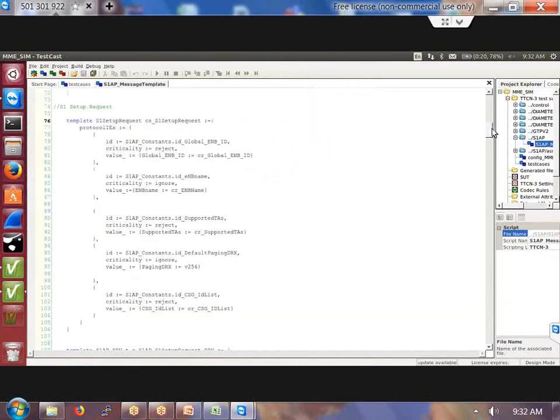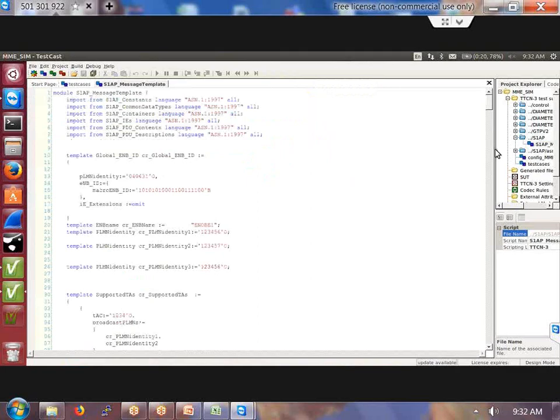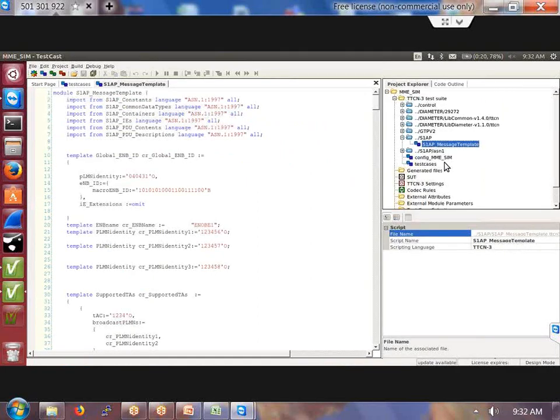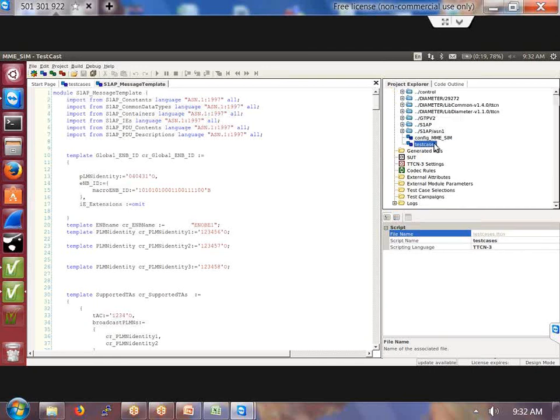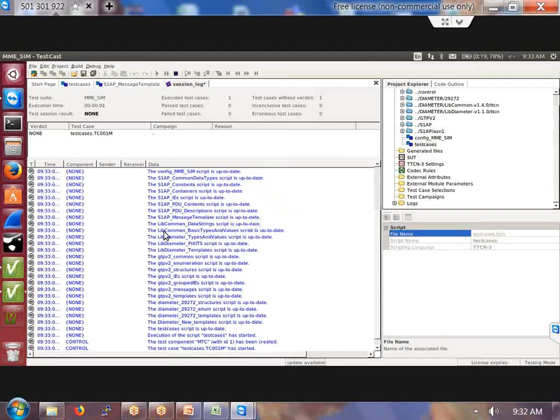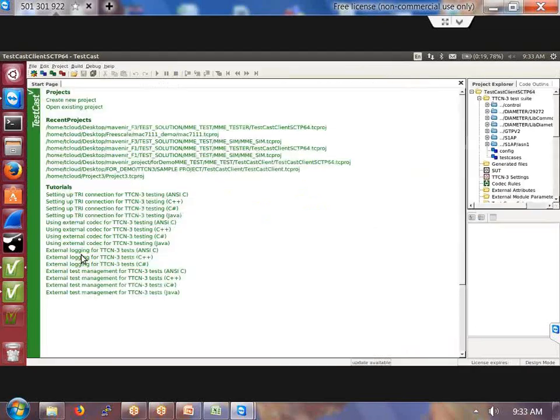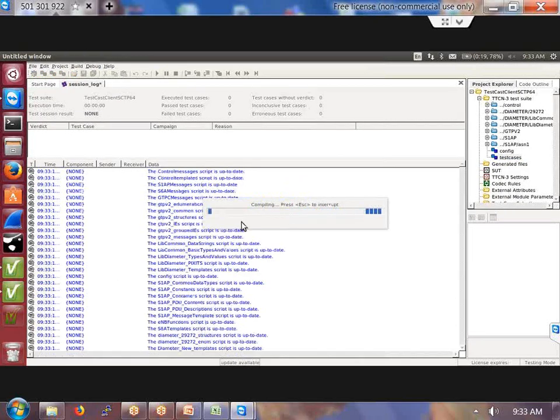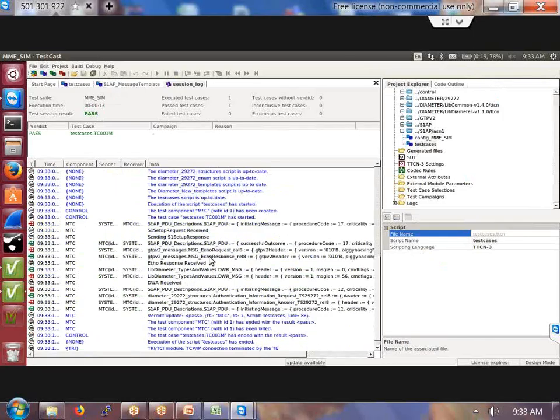Okay. So if you see this, this is actually an MME test case that is out there. So actually there is some test case execution that has happened over there. So basically, like this, you can execute the test cases. Okay, so it gets executed and it will show it as passed, and these are all the protocol messages